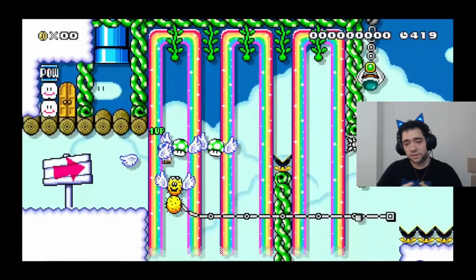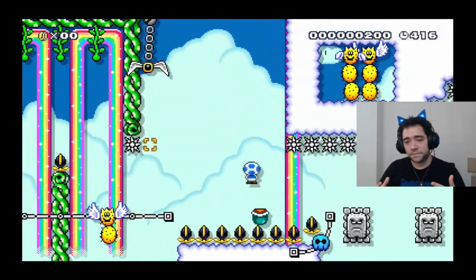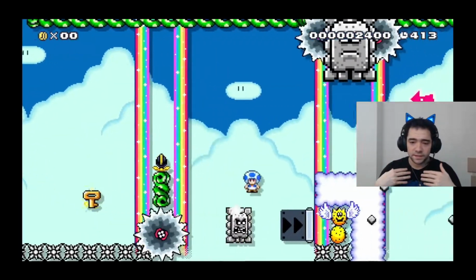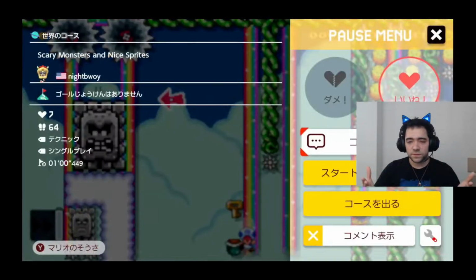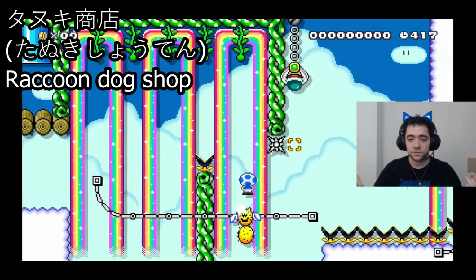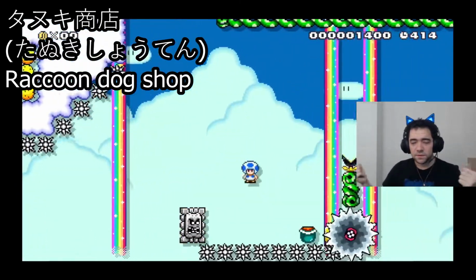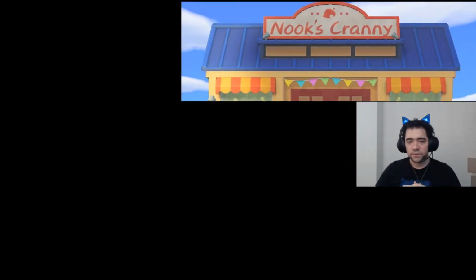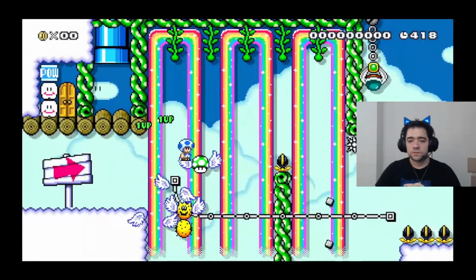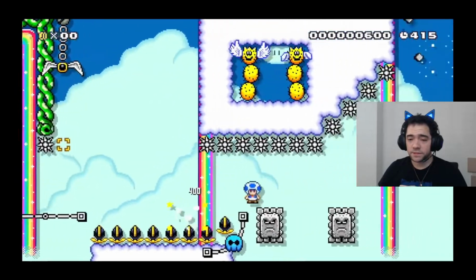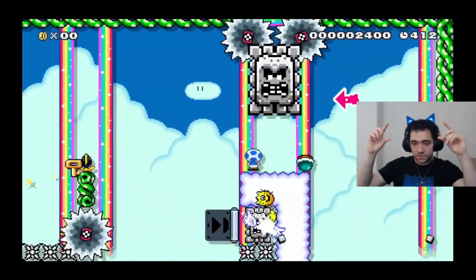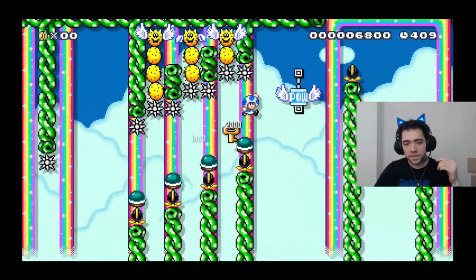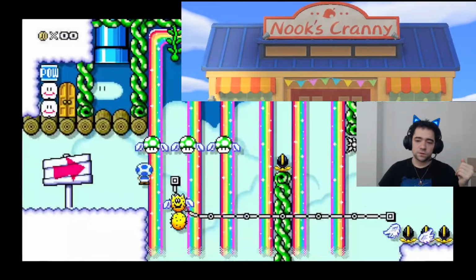But actually, now they are better about it, because if you came to my island, stuff like the Tanuki store, I can't remember what it's called. It's called that in Japanese, though. It's Tanuki Shoten, or like, raccoon shop. But yeah, I can't remember it right now, but I'll look it up later. You will see in Japanese letters, Tanuki Shoten at the top of my store. Now, if I went to the American version, it would say whatever the store is. So, yeah,